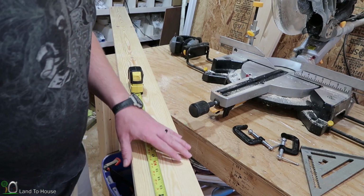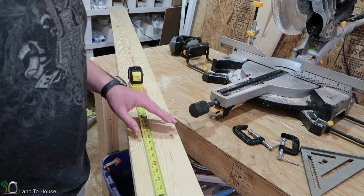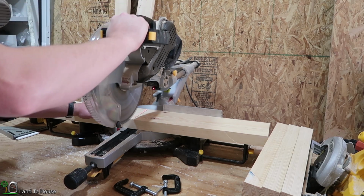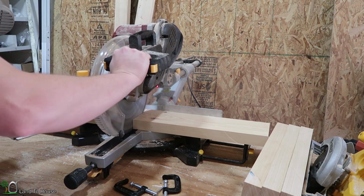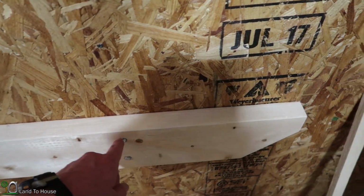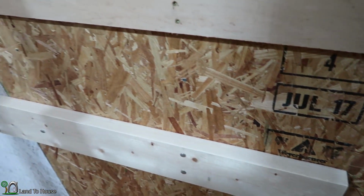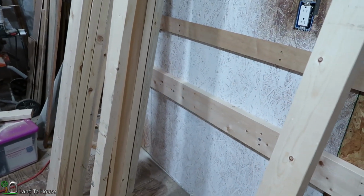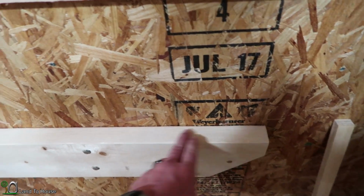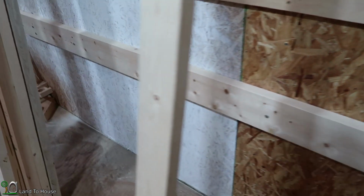Now I need 3 boards that are 17.5 inches and 3 boards that are 19 inches. This is going to be the horizontal support for the bench. Now that I have the top ledger well anchored into the wall, it's time to get the 2x4 sections on top of here that will help to secure the surface of the bench. So what I'm going to do is measure out and cut a couple of blocks for the sides, skip room for the 2x6, and then have a long